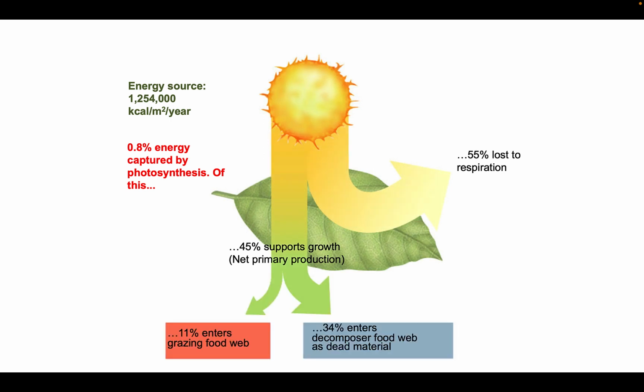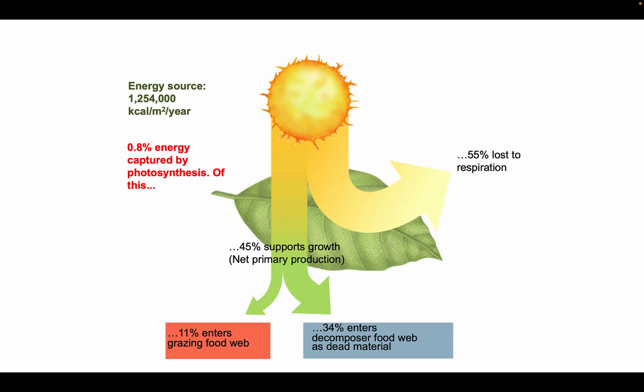Of that 45%, 11% is what enters the grazing food web, and 34% enters the decomposer food web. So if you take that 45% and you divide it into 11 and 34, that's where those percentages go. Most of it then is going to the decomposer food web, and only a small part goes into the